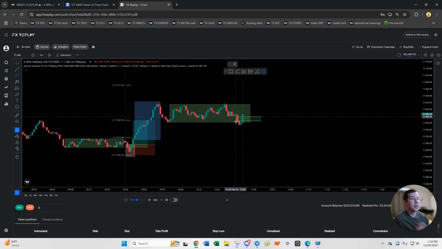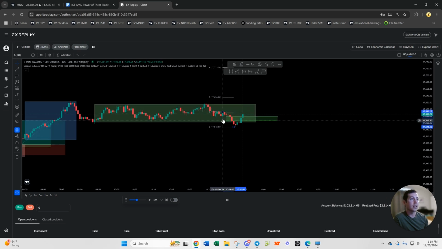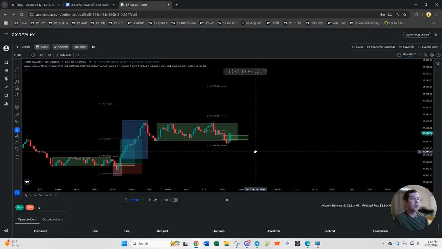I want to show you guys a small detail that I think is important for this. When you're drawing these manipulation legs, instead of taking the extreme high to low, I've seen more frequently people use the actual candles. So if you're thinking about the lower time frames, we went down, we came back up, we went down, we came up a little bit, and then we went down. And so the high of this green candle essentially is the high that created the manipulation leg. You can probably see it better on the lower time frames. If you go to 30 seconds real quick, you can now see that was our high before the leg down. So that's what we'll use for